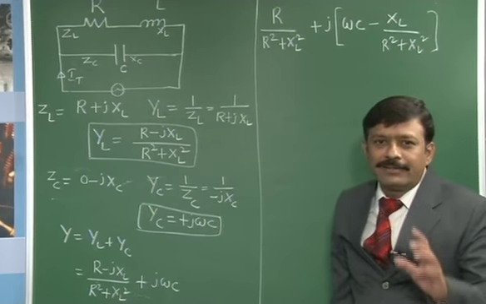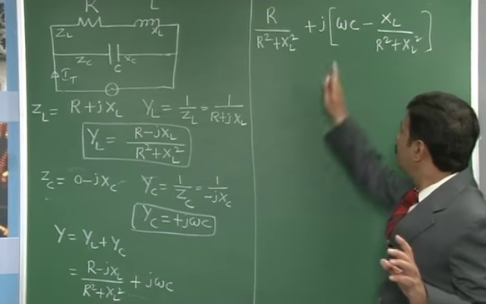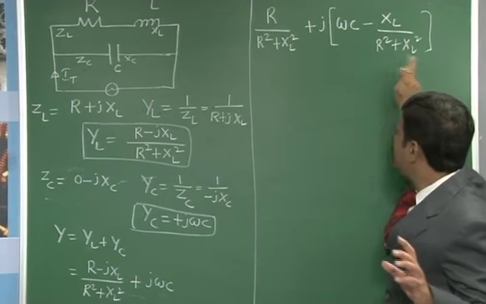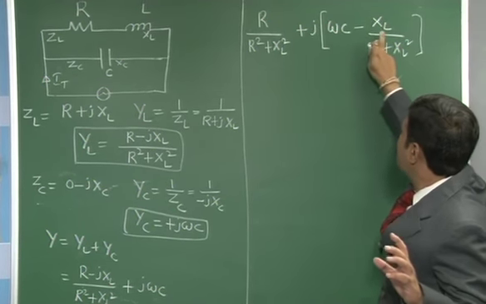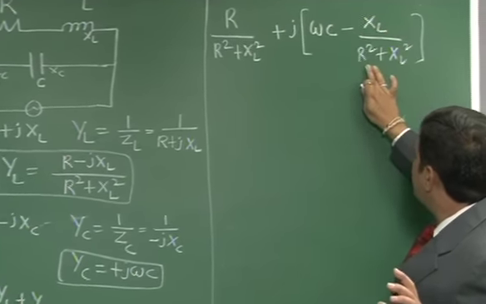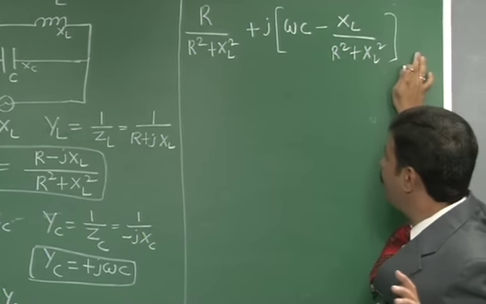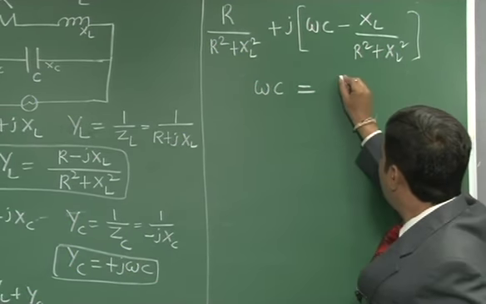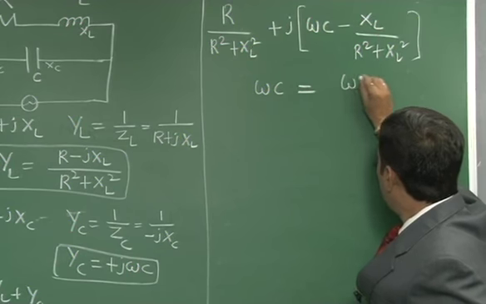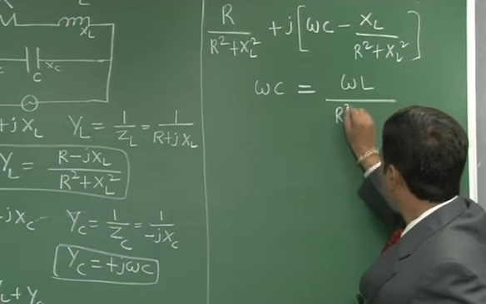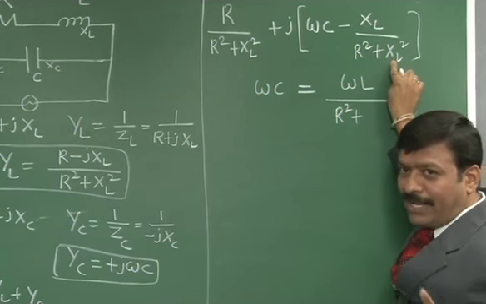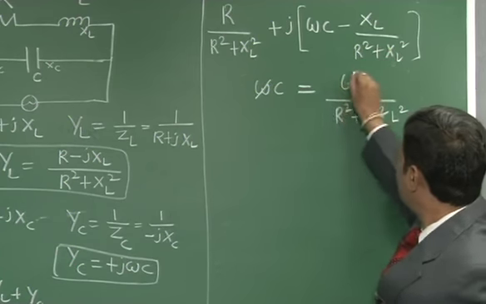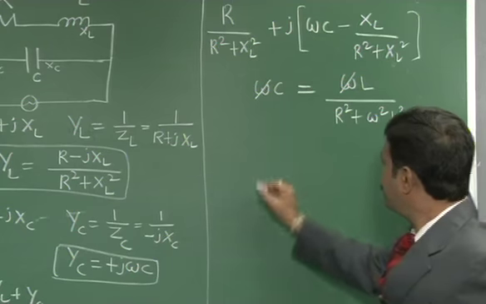See, in resonance, the reactive part should be equal to 0. The reactive term omega C minus XL by R square plus XL square is equal to 0. So, omega C is equal to XL divided by R square plus XL square. That XL I will write as omega L, divided by R square plus, substituting XL value, omega square L square. This omega cancels. Cross multiply, you will get